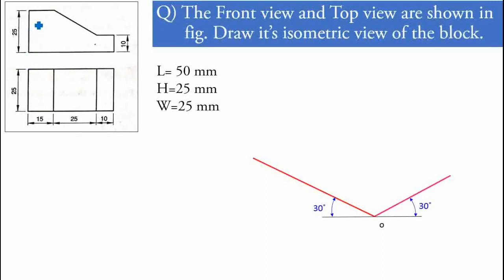Just observe the front view structure. The front view structure is like this. It has a rectangular portion, but the right side portion has the minimum height and the left side portion has the overall height. So it has such a type of structure, and we have to create the same structure in the front view.